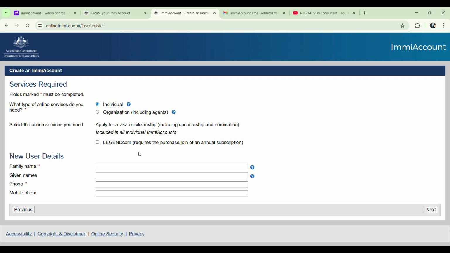In this part, you should write your information: family name, given name, for example, phone number, and after you click on next,